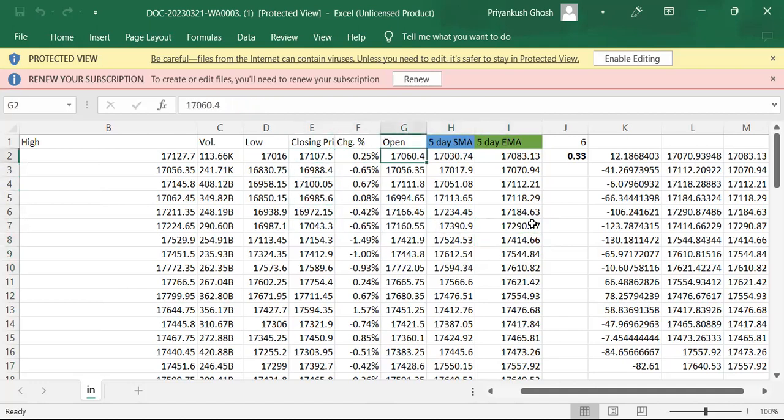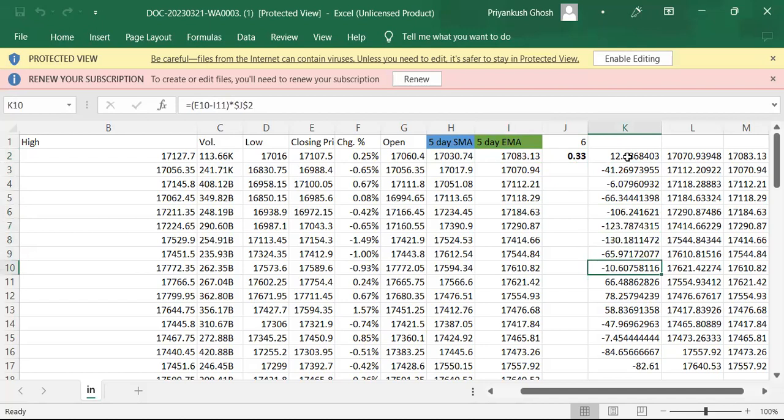तो आज की क्लोजिंग के मुताबिक ये 17,083.13 दिखा रहा है, क्योंकि ये 5 डे एक्सपोनेंशियल मूविंग एवरेज है। ओके, मेरा कैलकुलेशन भी यही बोल रहा है, 17,083.13। So it is the same calculation, basically E2 minus I3, this I3 is previous exponential, into J2, so my J2 is this 0.33, plus I3. ओके, तो मार्केट आज 0.25% बढ़ा है, एक्सपोनेंशियल मूविंग एवरेज भी 13 पॉइंट बढ़ा है, ठीक है।